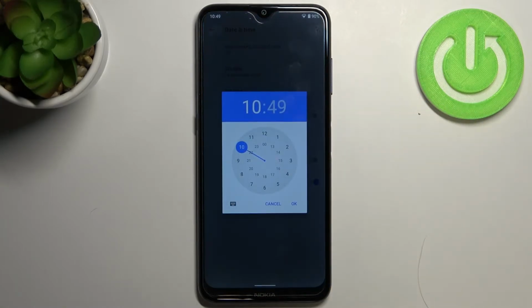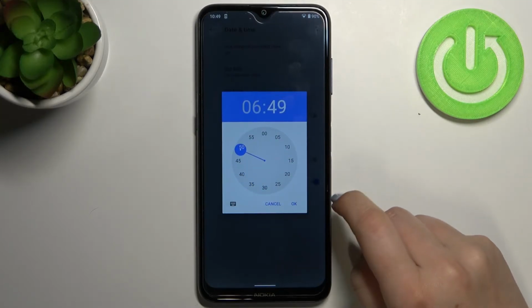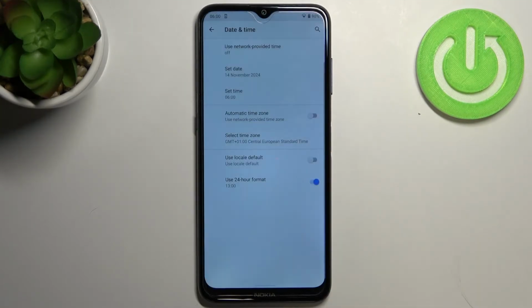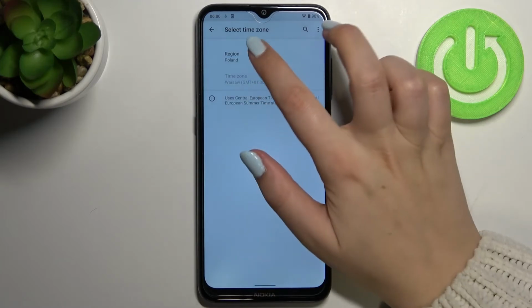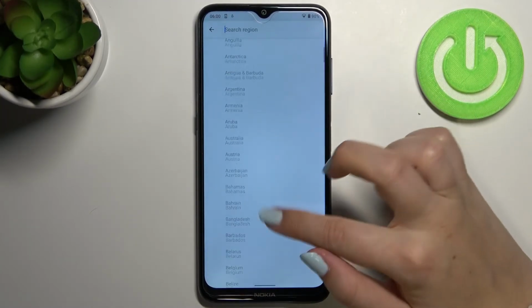The same situation with the time, but here you have to choose the time from the clock. So let me pick for example 6 o'clock and tap on OK, and the same situation, it also immediately appears on the status bar. We can select the time zone, just tap on the region, and as you can see